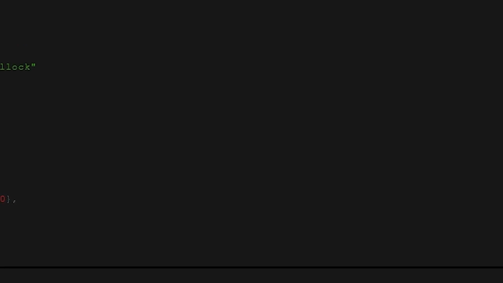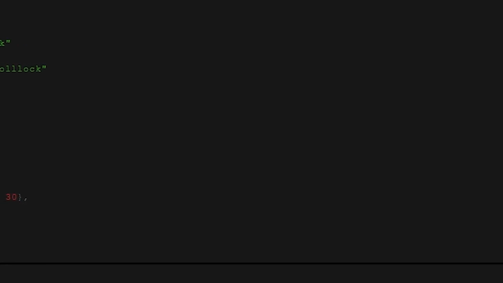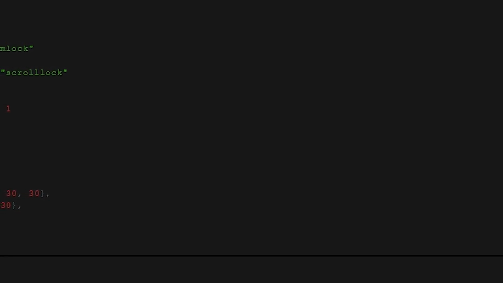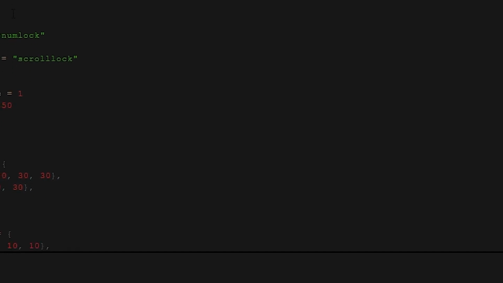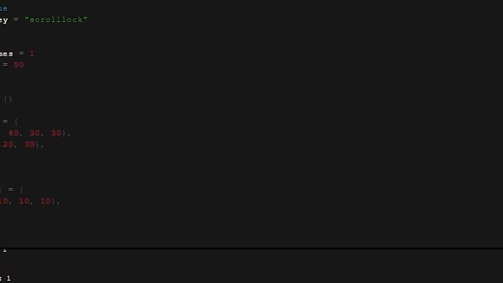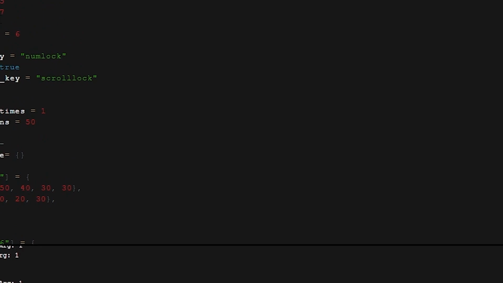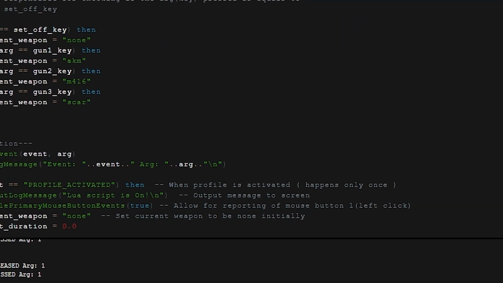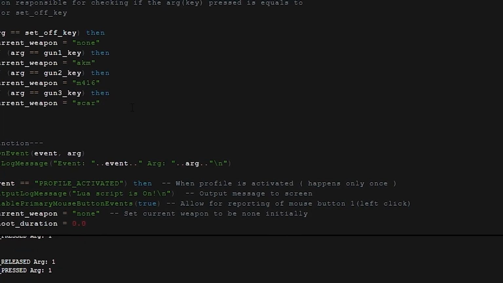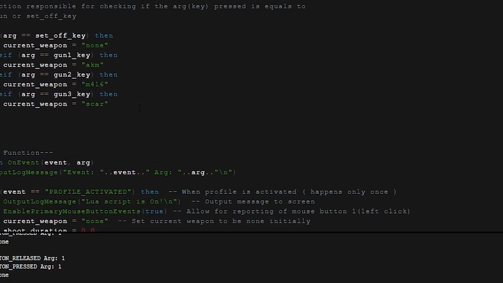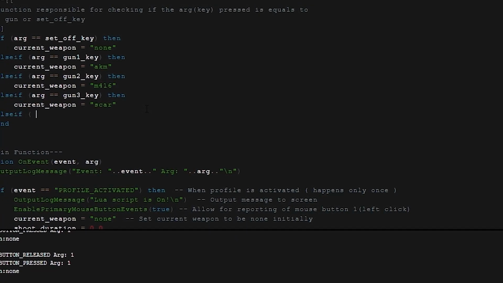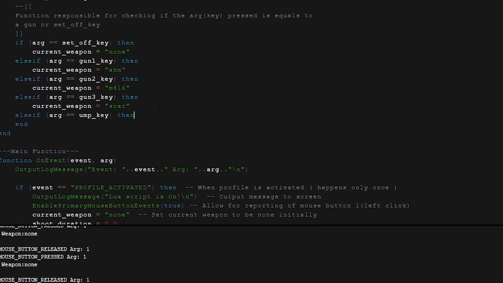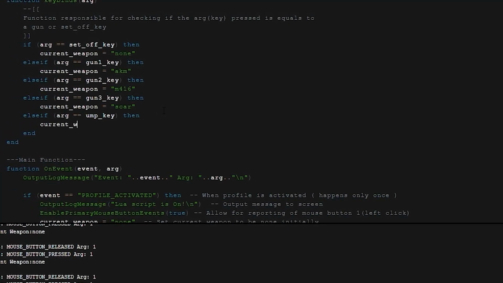Let's do local gun 4 key, or let's actually name it UMP key. And let's see what I can use here on my mouse. 8. Let's do 8. All right. Now what we need to do is we created a table here, and now we need to create it in the function that takes care of it, which is the keybinds function. So we're going to do another else if. Yep, right here. Else if arg equals to UMP key, then the current weapon equals to